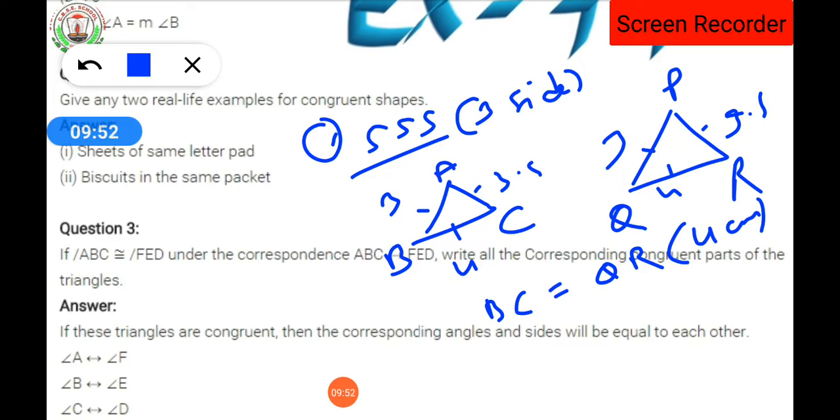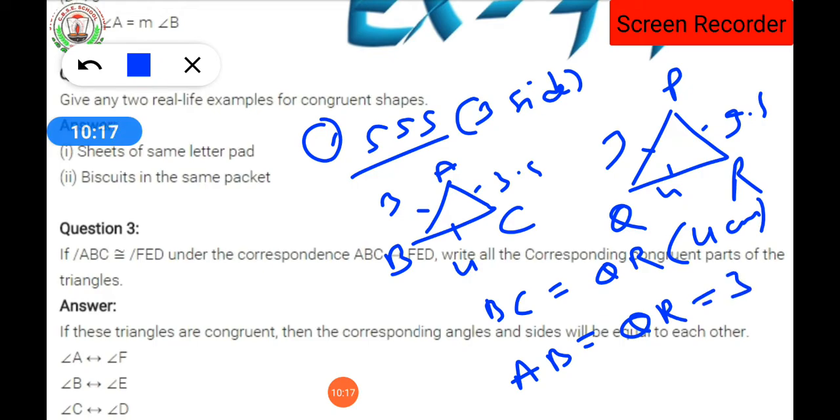You can see that the sides AB, BC and AC are the same as the sides of the triangle PQR. The sides are PQ, QR and PR. मतलब AB का measurement is equal to